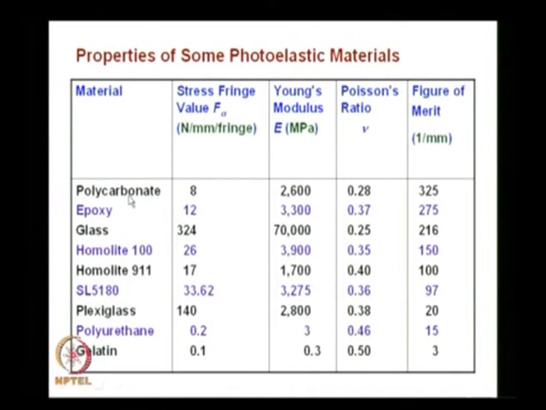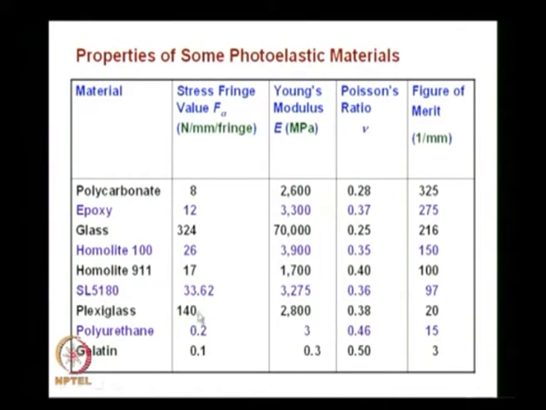So, I have polycarbonate, we have seen polycarbonate and epoxy are similar. Polycarbonate has 8 Newton per millimeter per fringe, and this is obtained for a sodium vapor source, and we have seen that it is a function of the wavelength, and it will also change from time to time. You will also have to keep in mind that you calibrate the material and then use the property. Then I have epoxy, and glass has a very high value of F sigma, and plexiglass is comparable to glass,